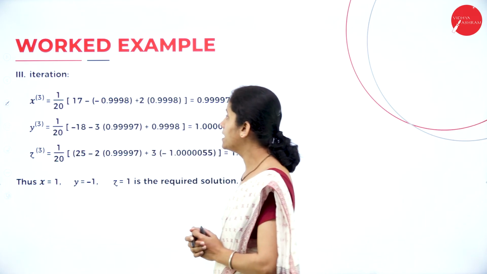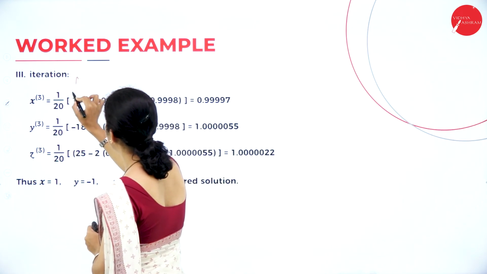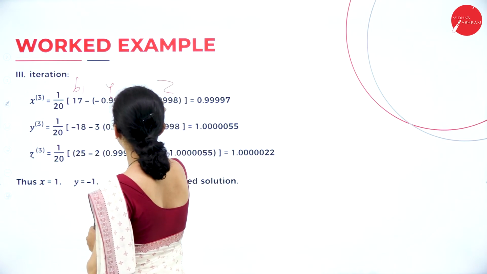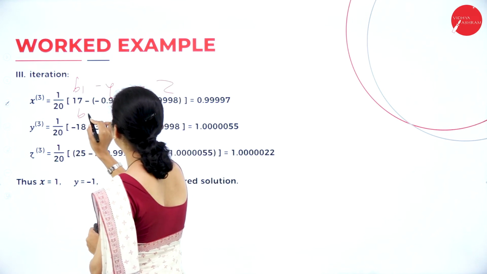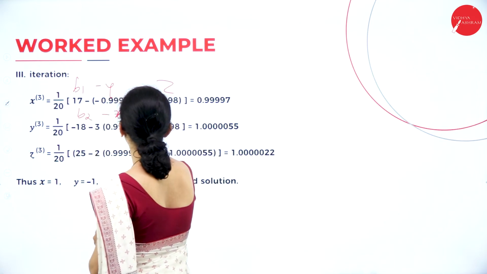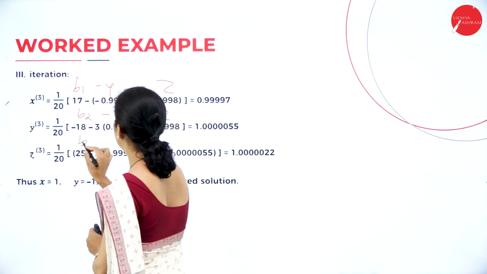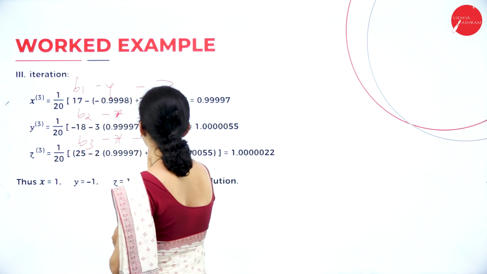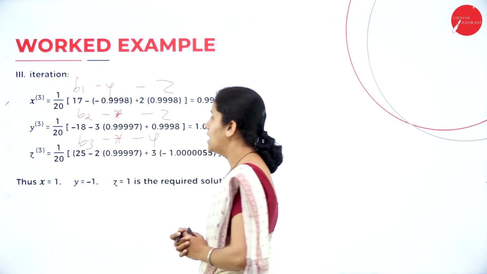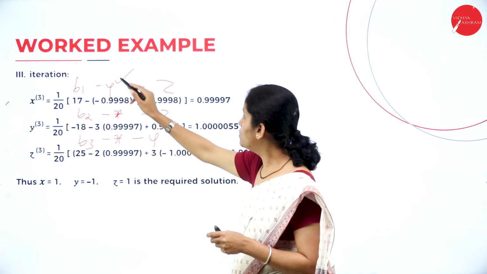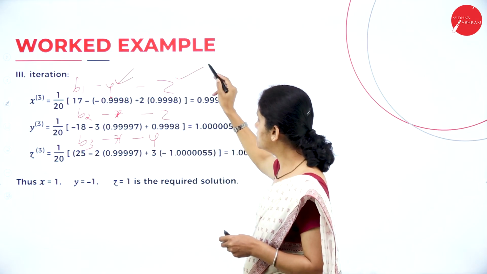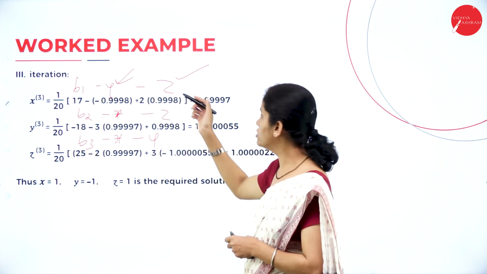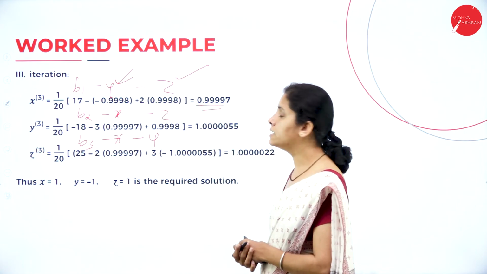These are the input to my next iteration. In the next iteration, that is iteration 3, I have b1 minus y minus z. Here it is b2 minus x minus z. Here it is b3 minus x minus y. When I substitute the y value and the z value, and calculate this equation, I'm going to get the answer